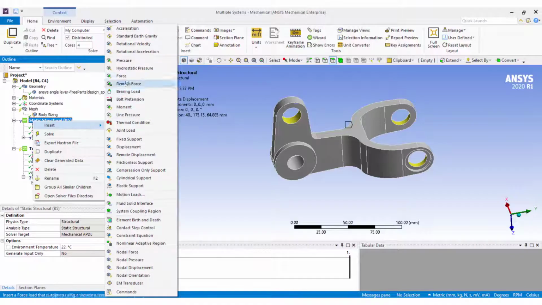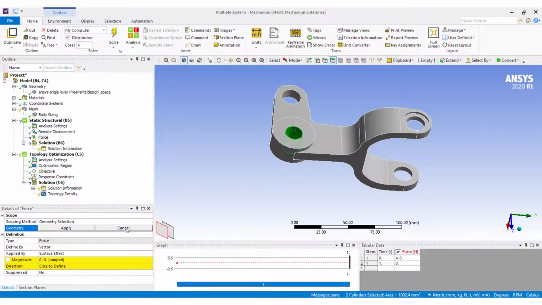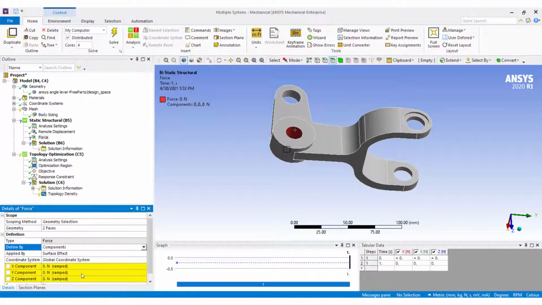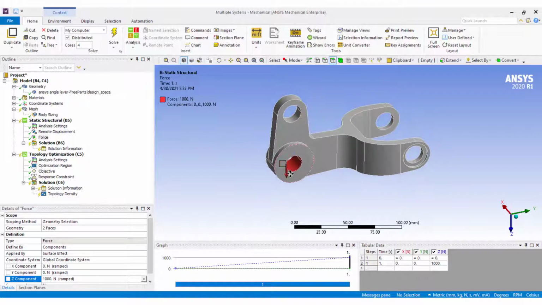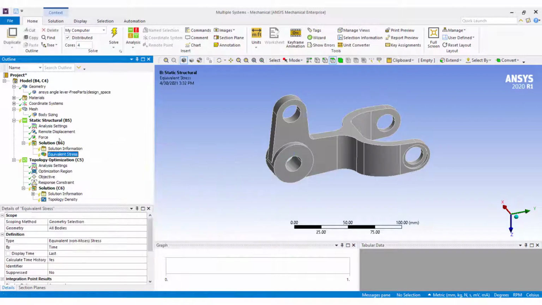And 1000 Newton load along the z-axis. The results I want are von Mises equivalent stress and total deformation.